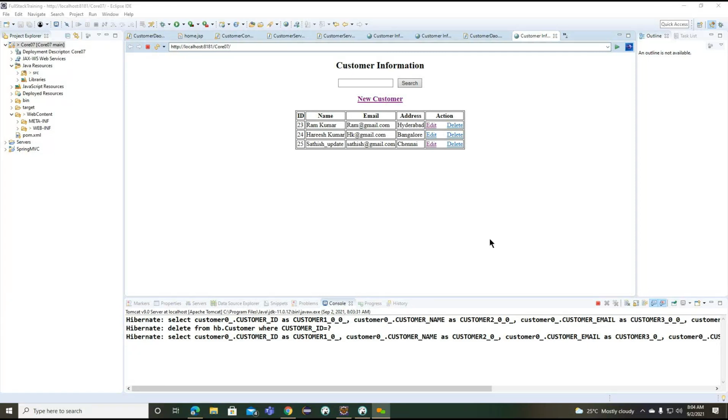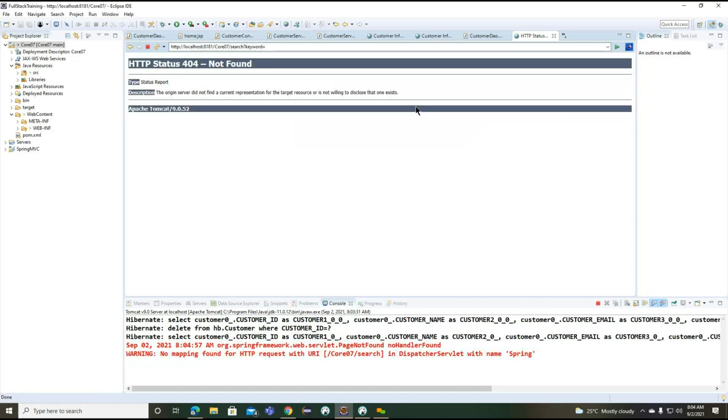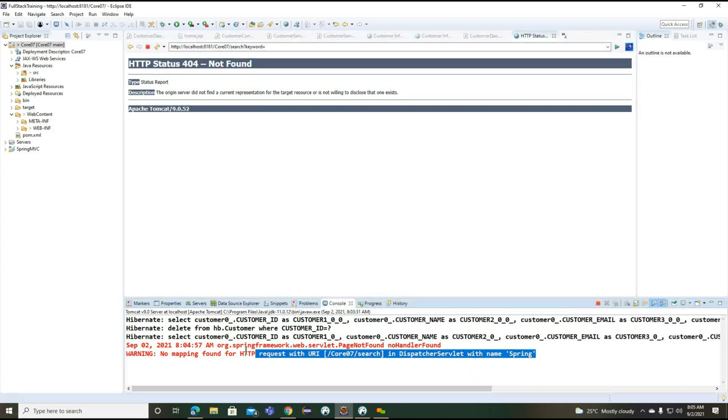Okay. So if we don't have anything here, I'm requesting you to try to implement this particular search. If I click search here, we are not moving anywhere. Again we are getting some exception, like a 404 page. As of now, we did not implement this particular page. So I'm giving you an option to implement this search.